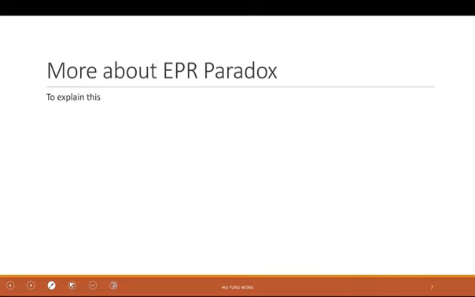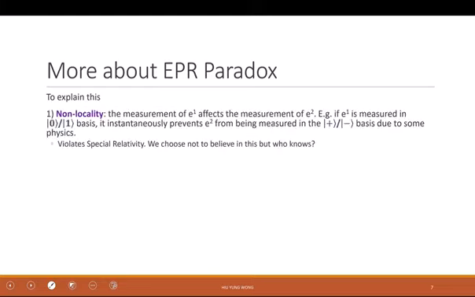To explain why it violates the Heisenberg uncertainty principle, we can say, well, there's something called nonlocality. Maybe the measurement of electron 1 affects the measurement of electron 2. Somehow when I measure electron 1, it sends a signal to electron 2 right away due to some physics. And it needs to be faster than the speed of light. It does it instantaneously, which then prevents